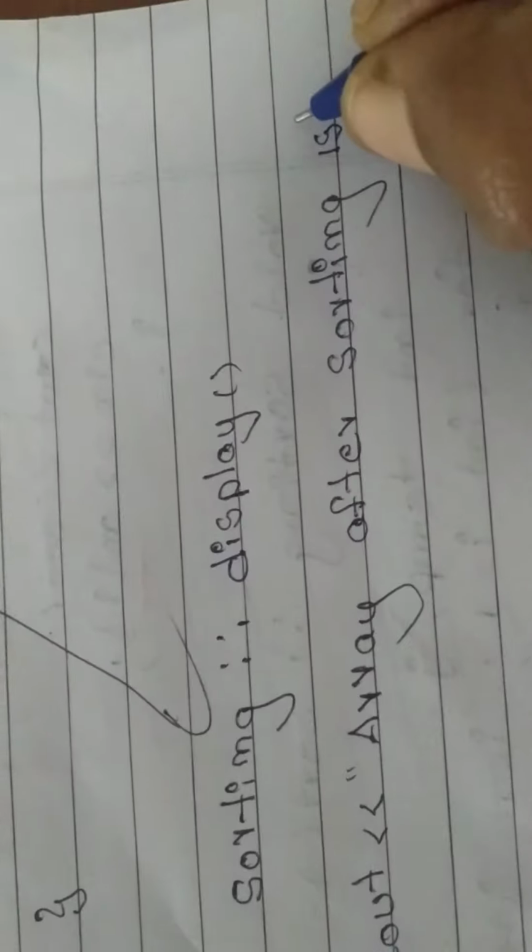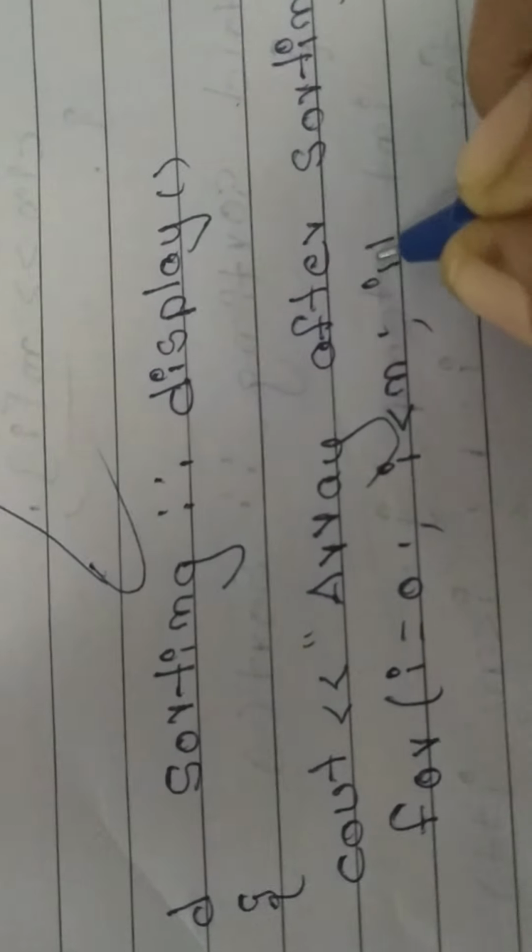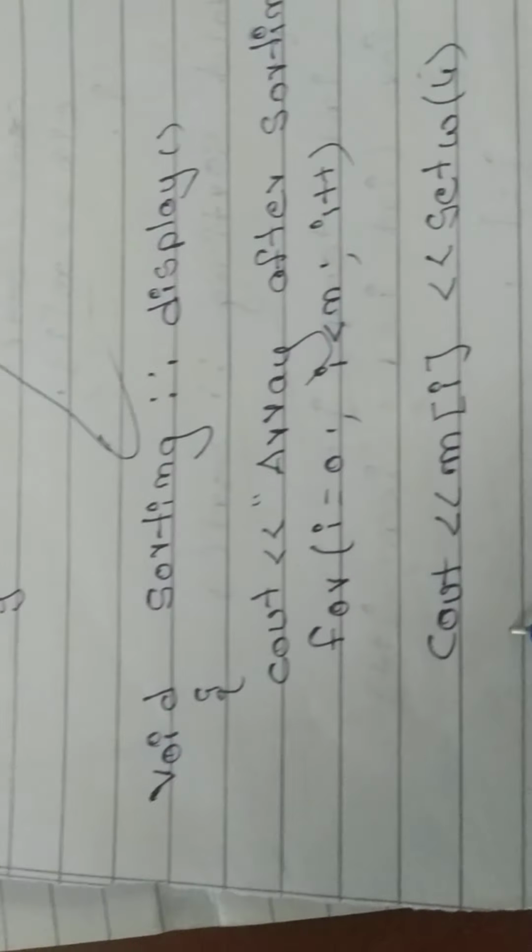Many elements we should display, no? So what will come? A for loop will come. For i is equal to 0, i is less than n, i plus plus. That will be displayed. So we want a gap. So cout m of i. One more thing I want to tell you. Wait, students. Many elements have to be displayed, so I am writing setw here. setw with a width of 4 spaces. Just close. So the display function I explained here.